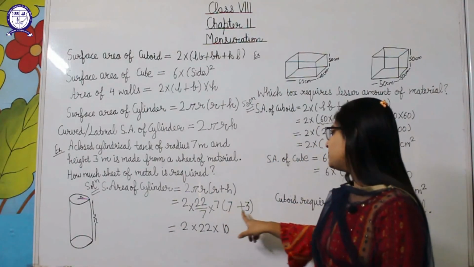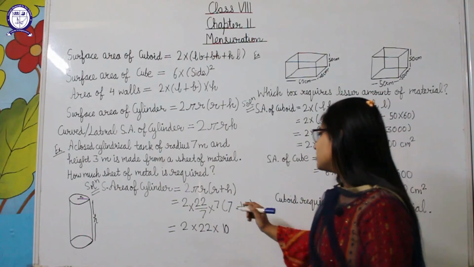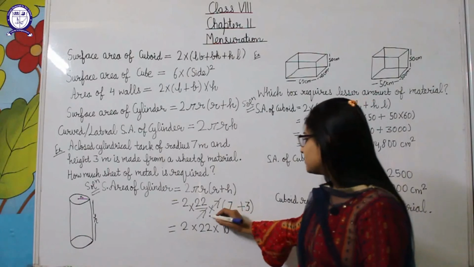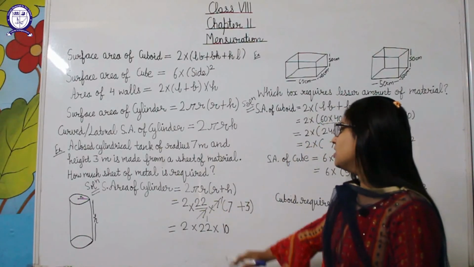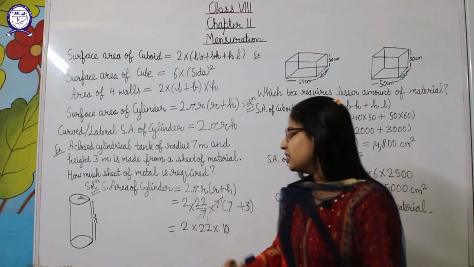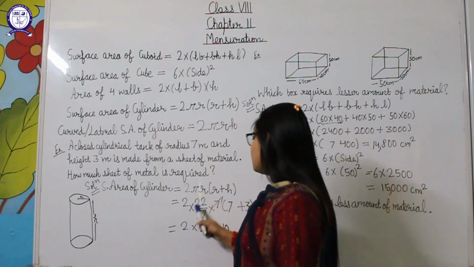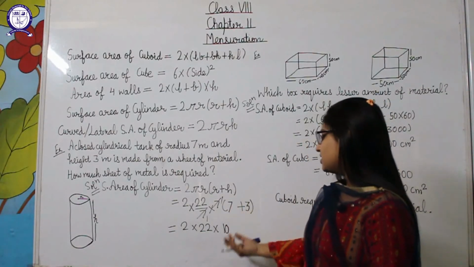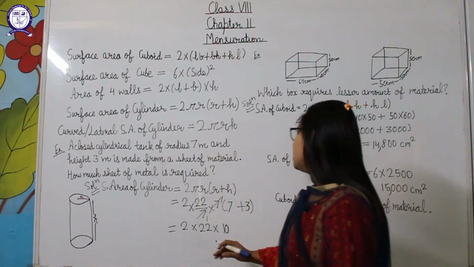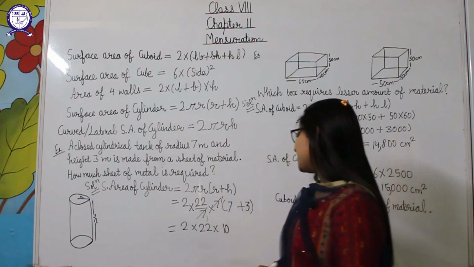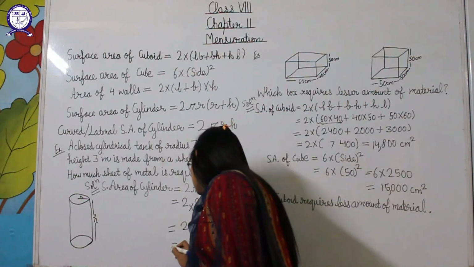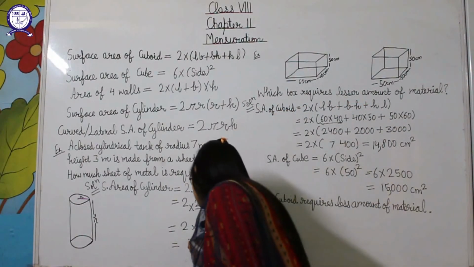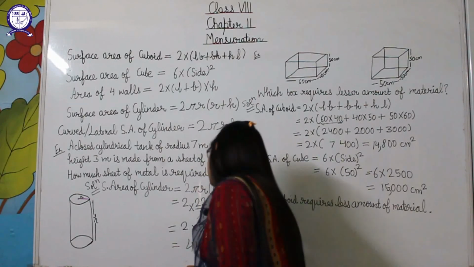So it is 7 plus 3 will be 10, and here students what we can do, we can cancel out this 7 by this 7, as 7 ones will be 7 and 7 ones will be 7. Now in the denominator 1 is here. In the numerator what are the values? 2 multiply 22 multiply what is in the bracket 7 plus 3, and it will become 10. Now we have to multiply these three to get our answer. So here students, 22 twos will be 44, and 44 multiply 10 will be 440. So we are getting 440 here.